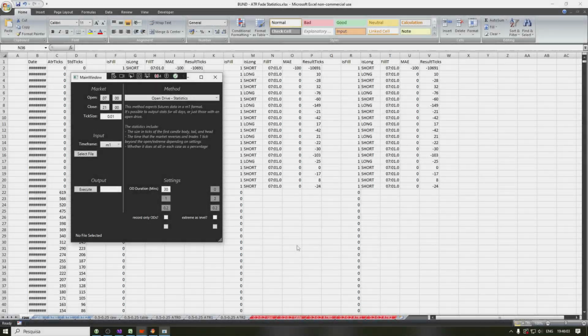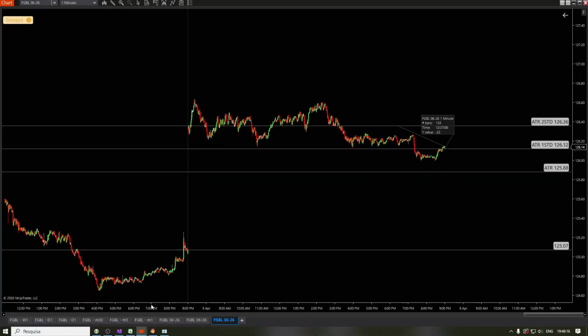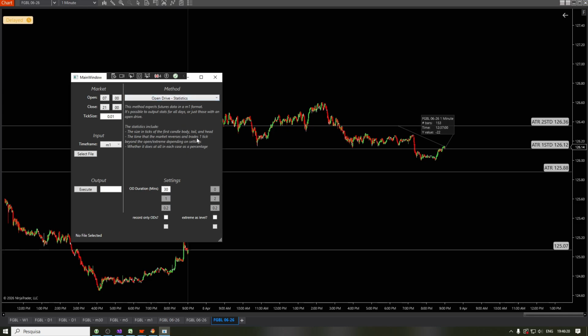Alright, so we're looking at fading moves past ATR today. And just quickly before we start, I want to show you what I use to get this data. So firstly, I'm downloading data directly from my broker here. And then what I'm doing is I'm using this tool that I've made with C#